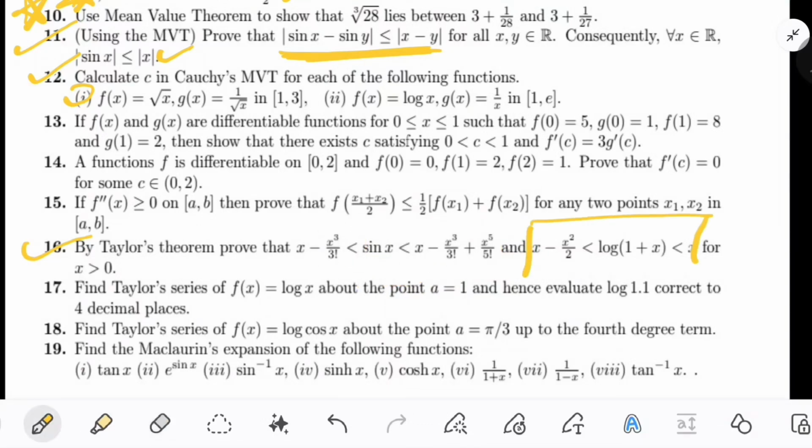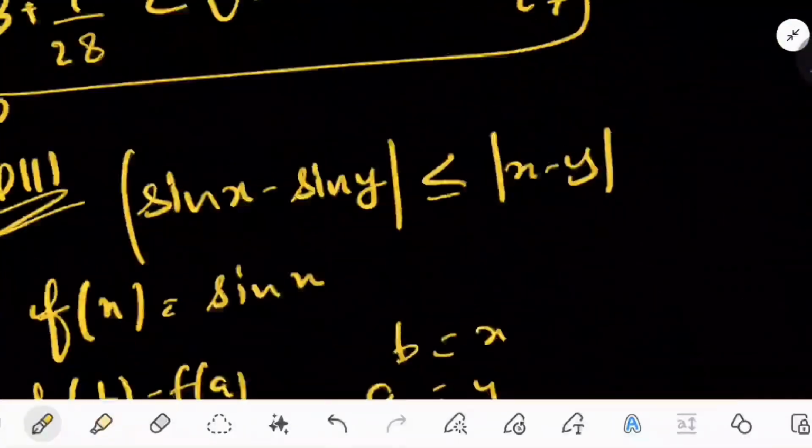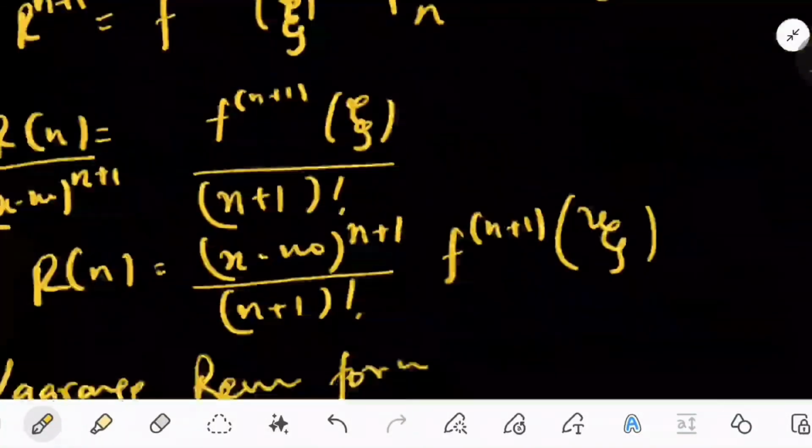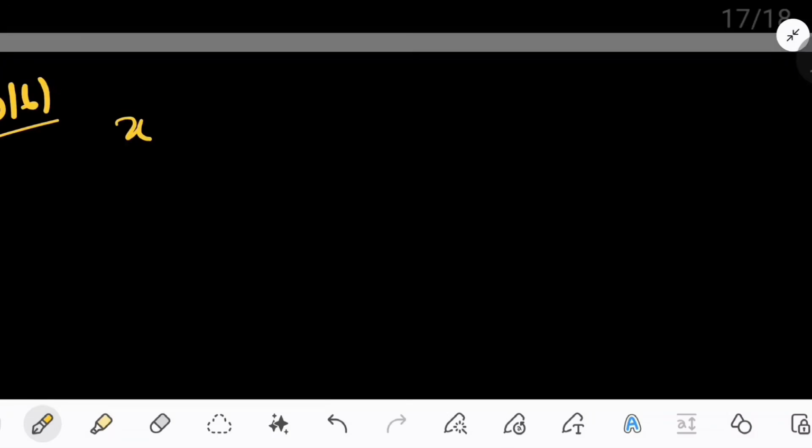We will see this one because this is more likely to come, or something like that. So we will see this part, right? Okay, so let's see the question. I hope I have space. Yeah, so it was, I guess, question number 16, and you have to prove